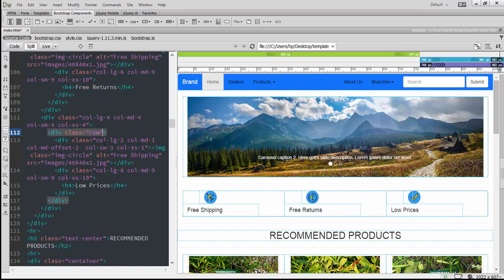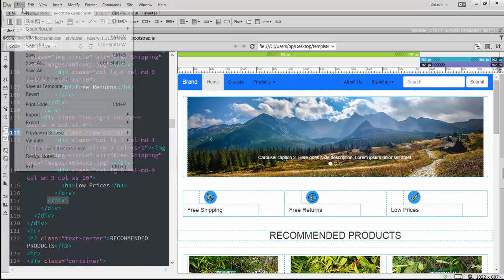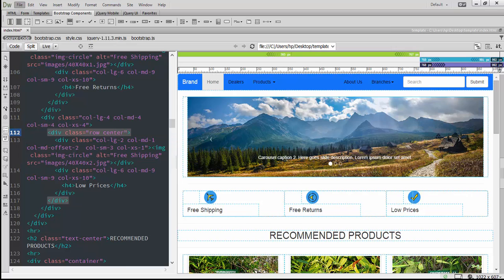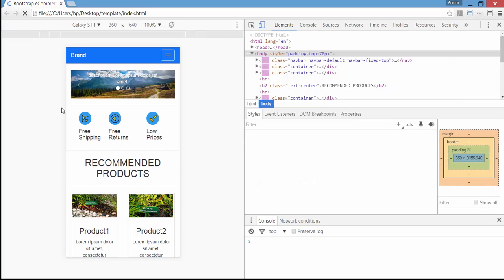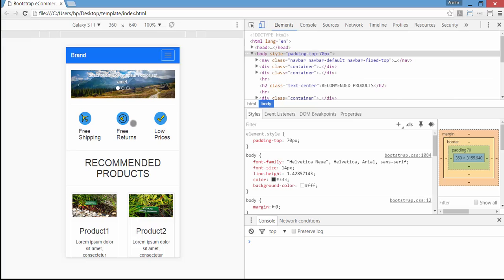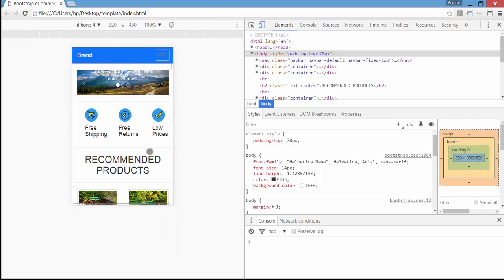And the third one, save it, and now if you refresh the browser again, you will find the three images are now perfectly in the center. This is for 360 pixels. Let's recheck it for iPhone 4. iPhone 4 320 pixels is perfectly okay. So coming to the iPad,